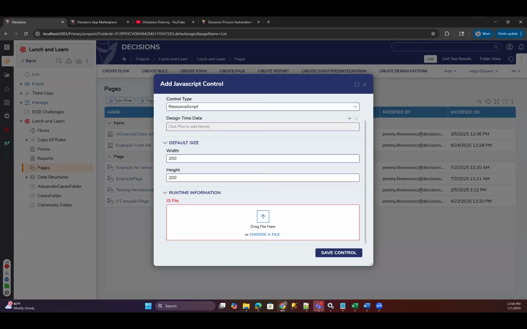So this JS file, I looked into the Decisions training web page. It says you have to have some kind of listening or some class, or what kind of JS file it should be in here. So if I just say, let's say JavaScript alert, hello world, will that be okay here? I think so.